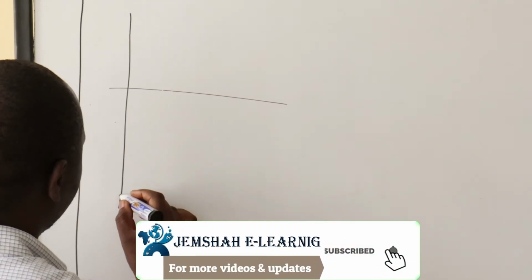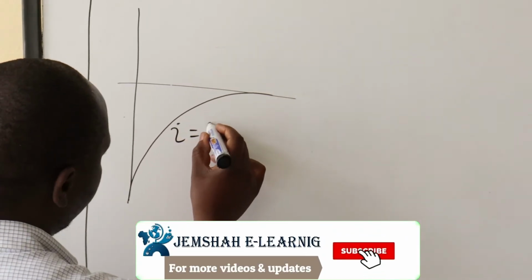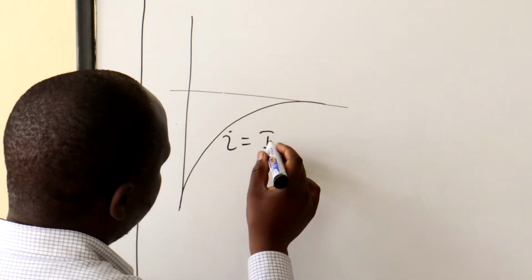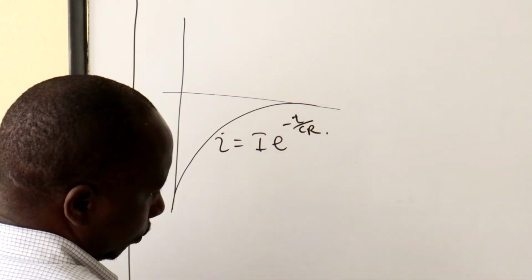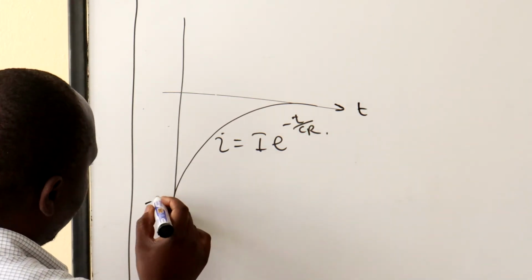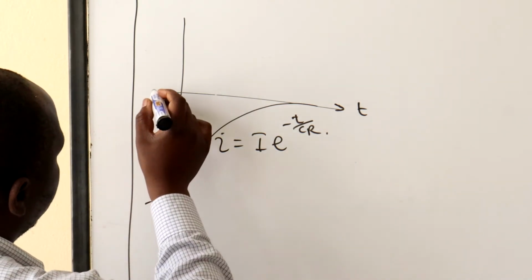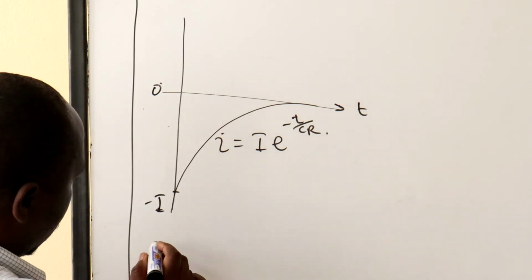This is what explains what I is supposed to be. We are on the negative side, going toward the positive side. I = I0 e^(-t/CR). Then for this, this is t and this is minus I. This is 0. That part is I. So